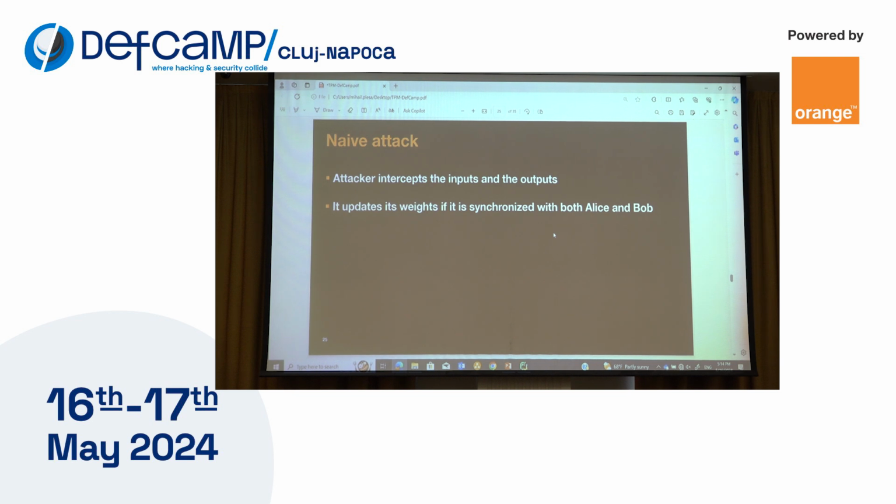But here is the trick. When we run the key agreement protocol, like you see in that figure with the protocol, after we synchronize the network, after we have equality between the two sets of weights, we stop. And the trick here is that the attacker cannot synchronize his neural network in time. Mathematically, yes, eventually the attacker can synchronize his neural network with Alice and Bob, you'll see the attack in the demo part, but Alice and Bob stop earlier. And just to give you an intuition why that is,